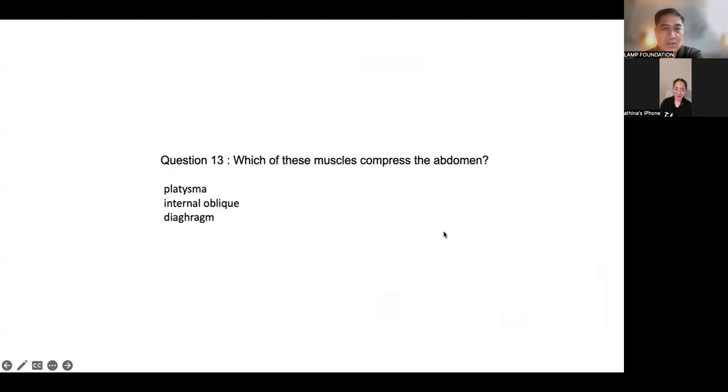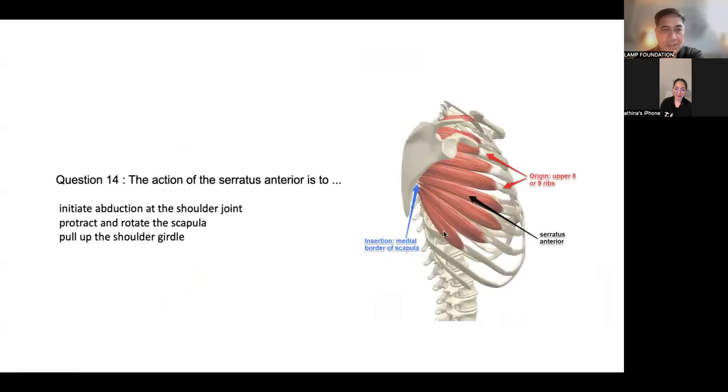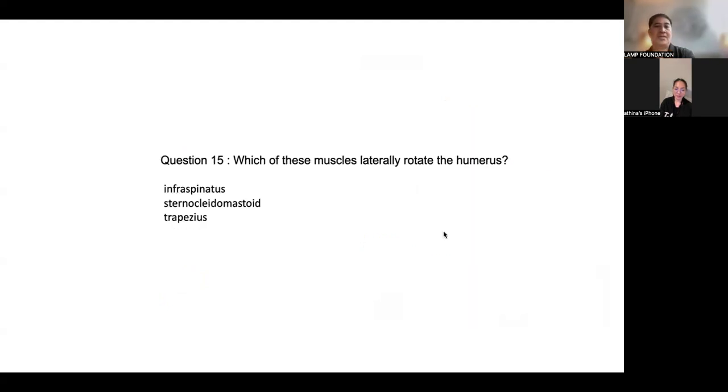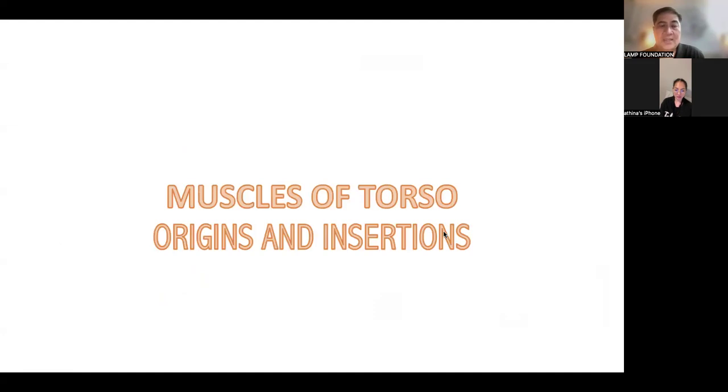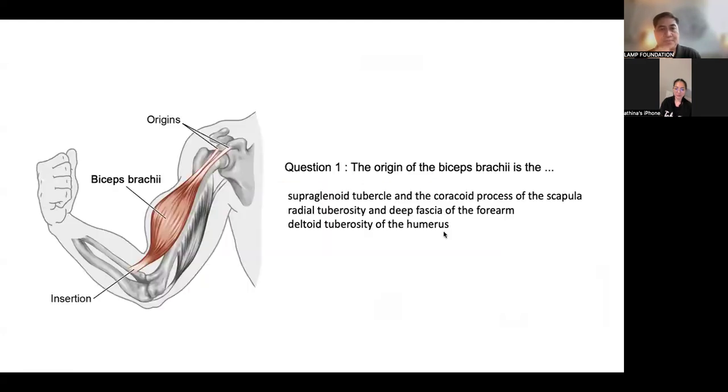Which of these muscles compress the abdomen? The internal oblique. The action of the serratus anterior is to protract and rotate the scapula. Which of these muscles laterally rotate the humerus? The infraspinatus. Now let's go to origins and insertions of the muscles of the torso. Origin of the biceps brachii is the